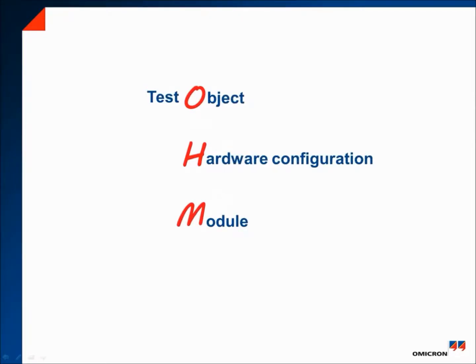The test object contains the information of the device under test. The inputs, outputs, and other specific signals are defined in the hardware configuration. Finally, operating the test module is when you perform the test. All this information must be completed